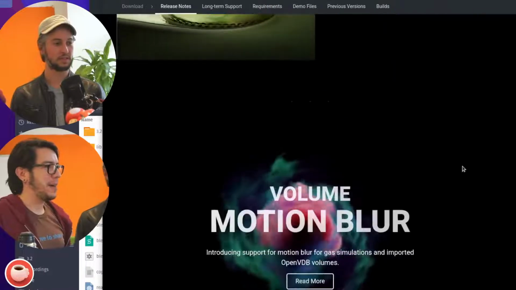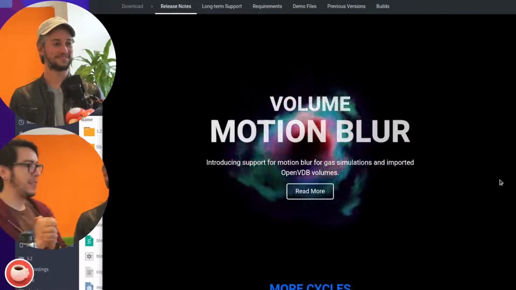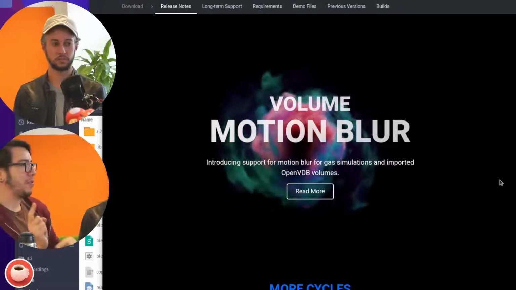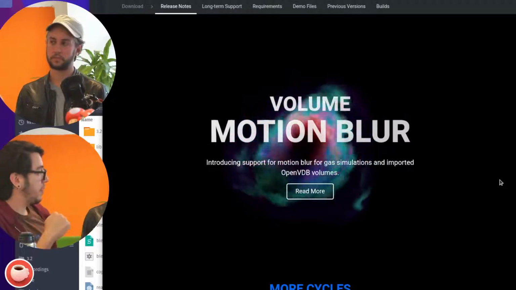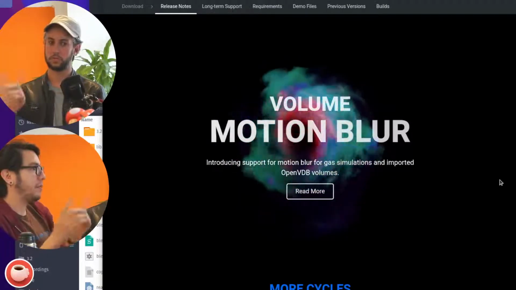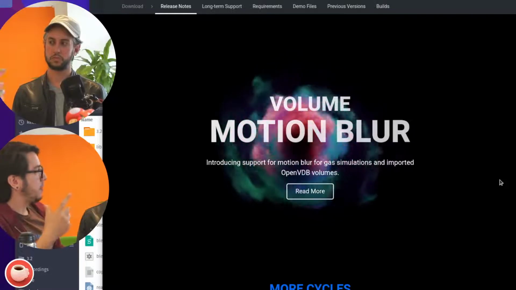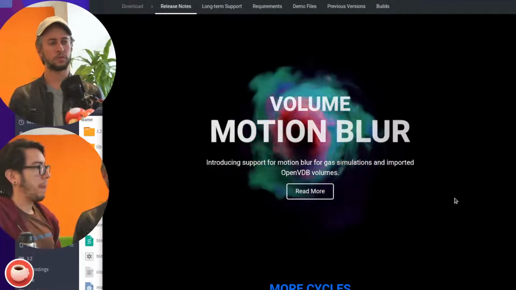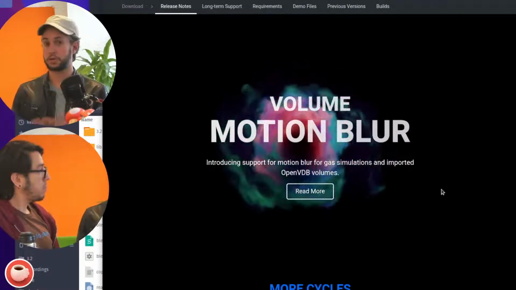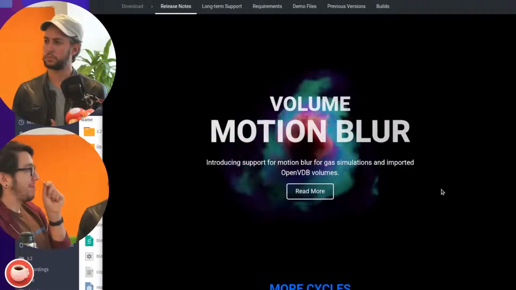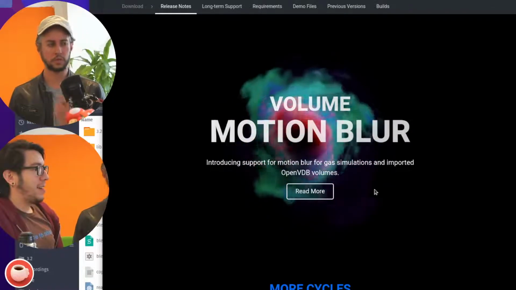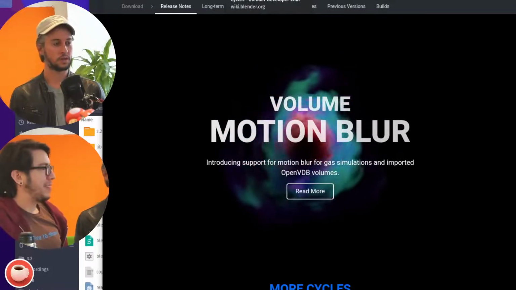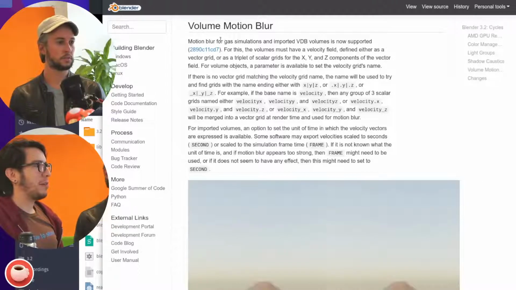Okay, next, volume motion blur. This means that volumes created with Blender or from imported VDB files that have a velocity attribute will be rendered with motion blur. So I think this also allowed particle points created with geometry nodes to get motion blur. Did they get it before? I think it was also related to this commit. I think so, yeah. Well, you're the geometry nodes department here, so you can read more about it in the